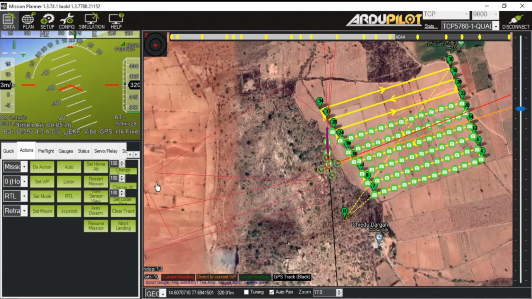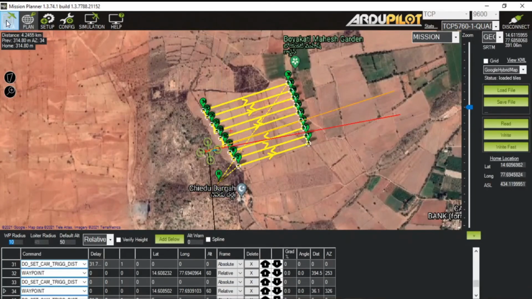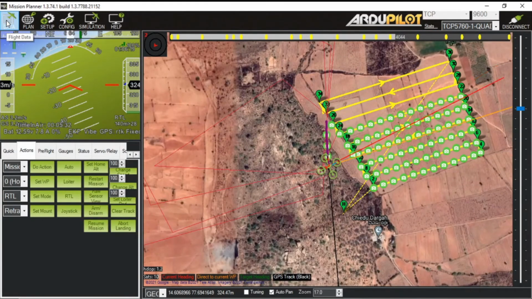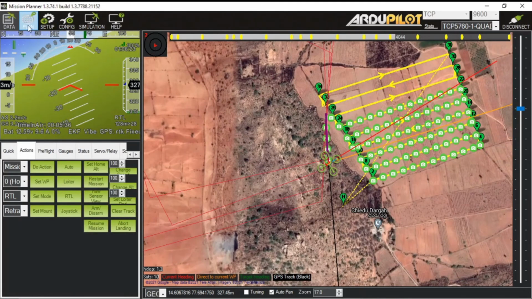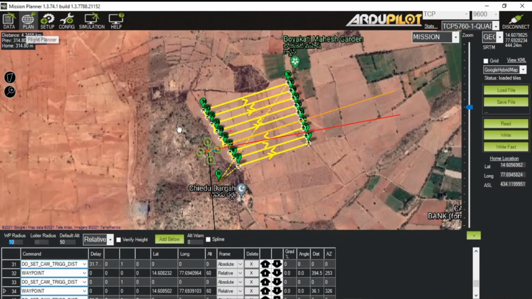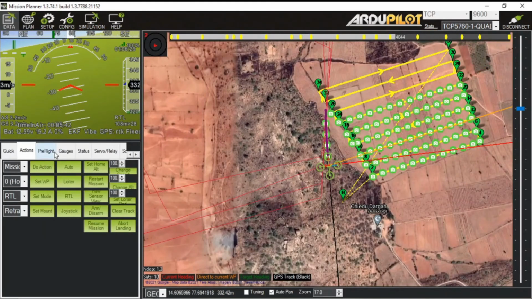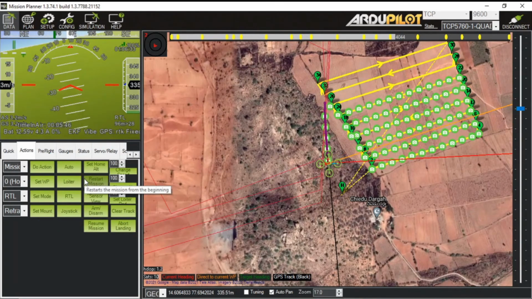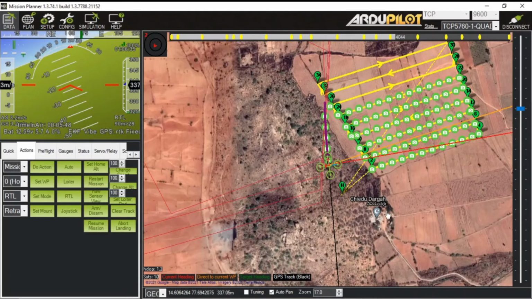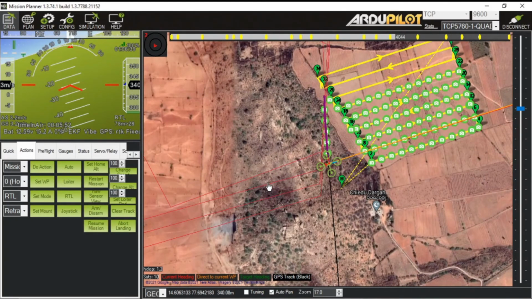And believe me, this planning process and flying process is exactly the same in the case of a real drone. When you fly a real drone with the help of Mission Planner, you have to plan the mission exactly like this, and you can simply fly your drone like this. Whatever approach, whatever steps we have followed in this tutorial, the steps will be the same in the case of a real drone.